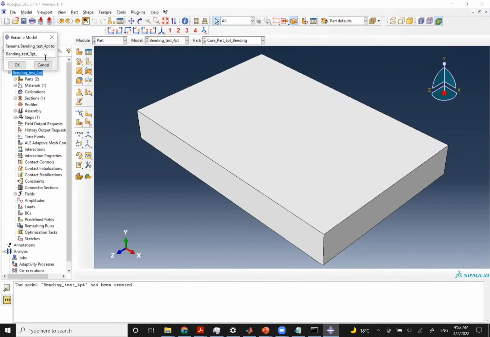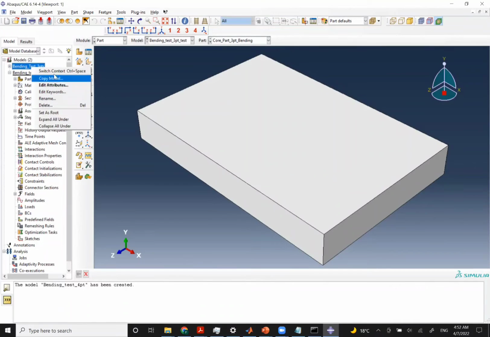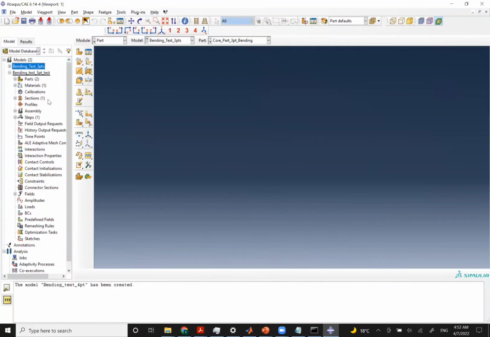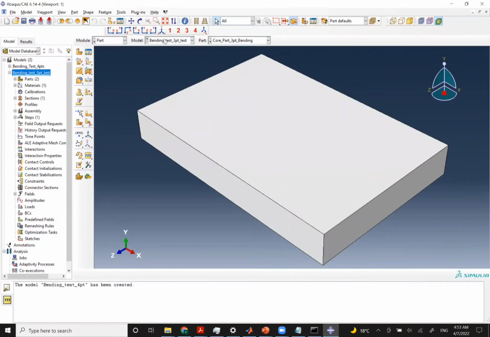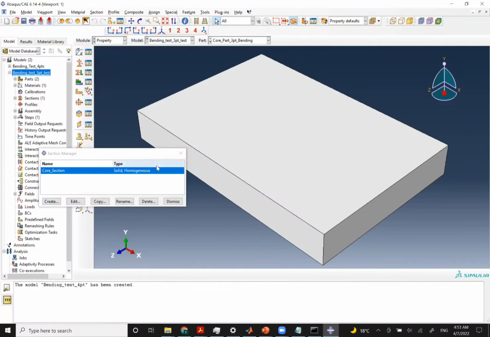You cannot have this one here. So 3 point test. And this I'll call the 4 point, since I haven't added anything in there. Now we're ready to start again. So that's again that. So this is a 3-point bending test. Sorry about that. So just to keep it live,